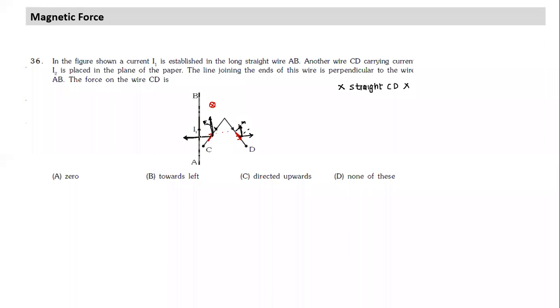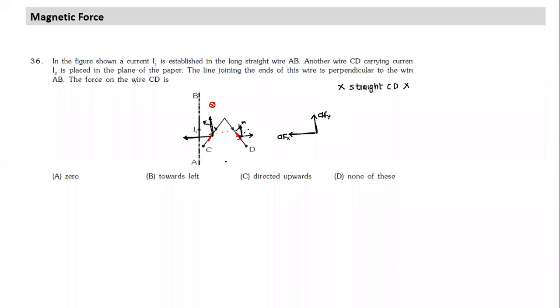So what we notice when you look at both of these is that the X component will be the difference of the two, and the Y component will add up. So what is the resultant? The resultant of the two, in a small element: the X component will be towards the left and the Y component will be upwards. So the X component will act like this and the Y components will add up, like this. None of the options, right? Which direction will the force act?